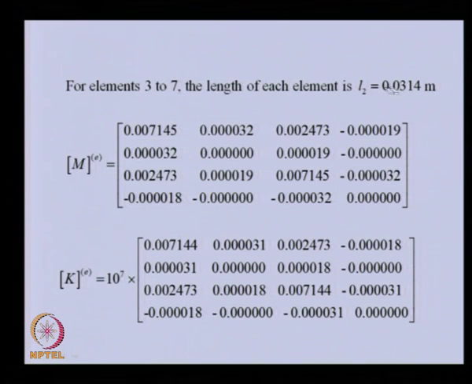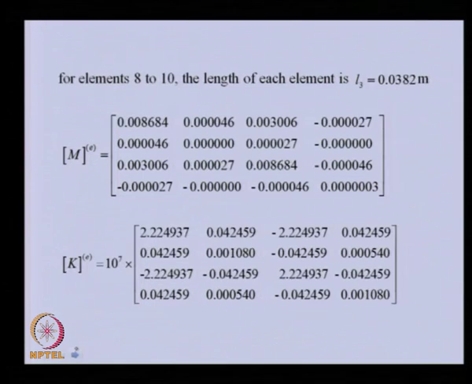the element is having this length, the mass and stiffness matrix will be like this, and these are only corresponding to the shaft, and in this we have not considered this particular inertia, they are 0. So, now you can see that these are corresponding to the element 3 to 7, and next is